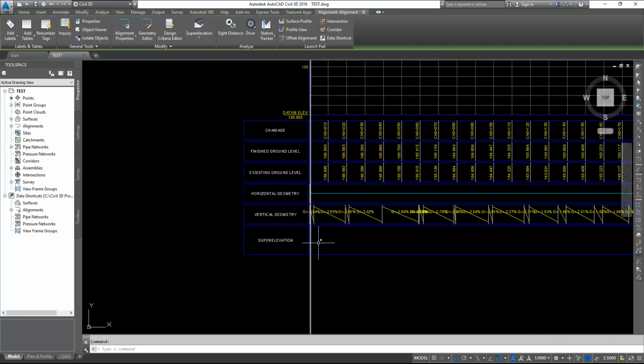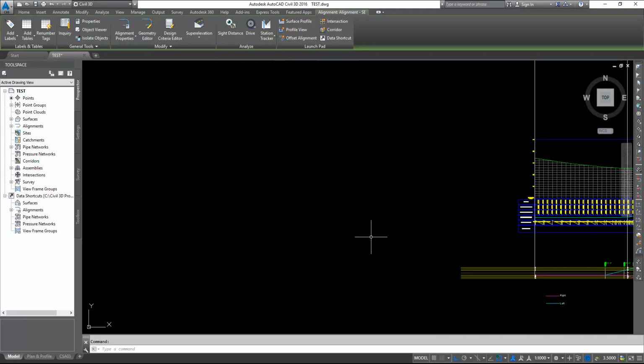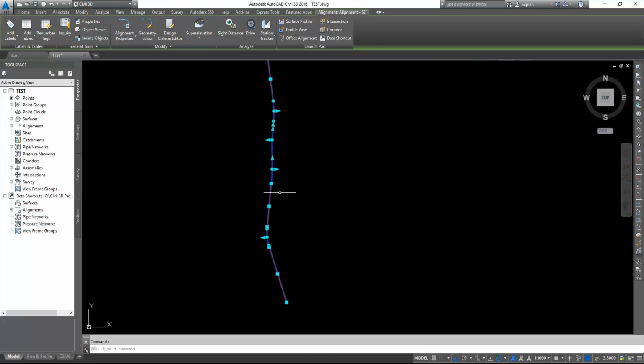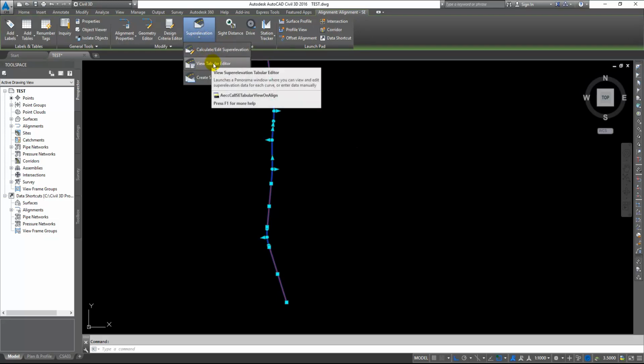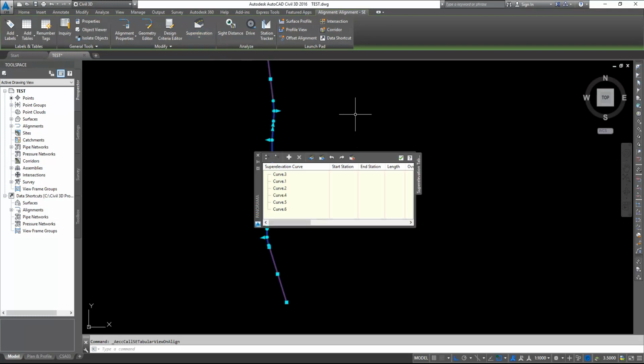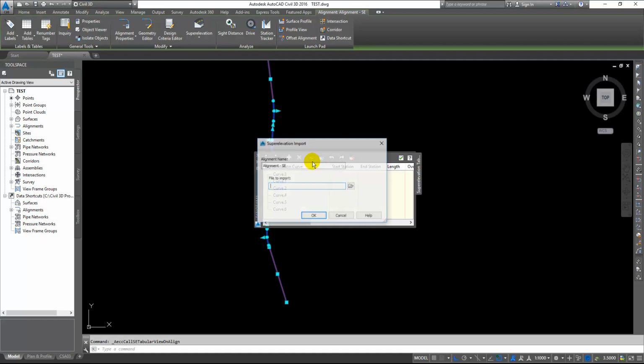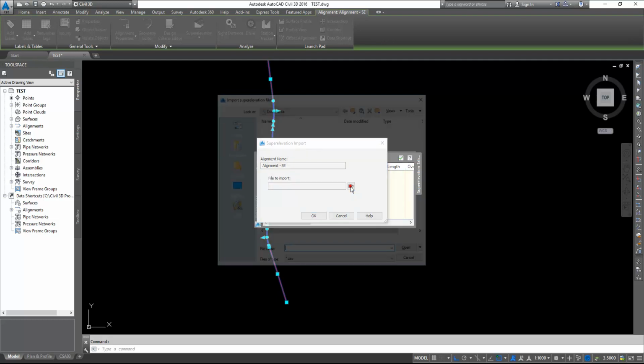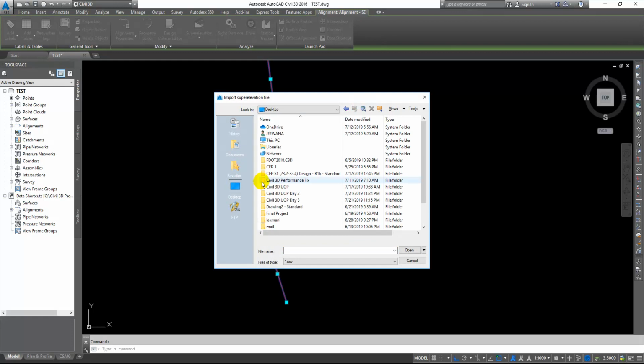So the profile view has the band, but it is empty. So click the alignment. Here you have superelevation. Click it and go to View Tabular Editor, and this Panorama window will appear. You click this button to import superelevation, and again this one to import superelevation to browse the location,